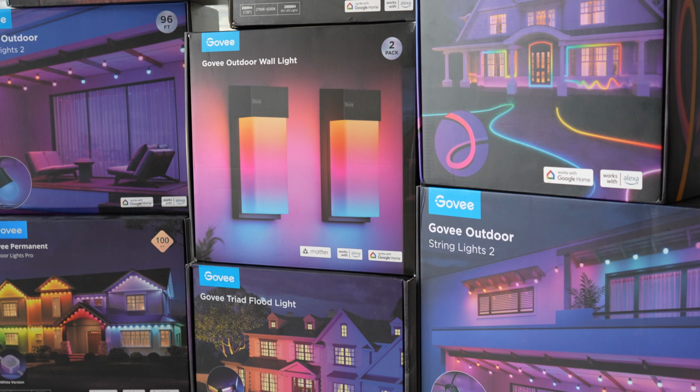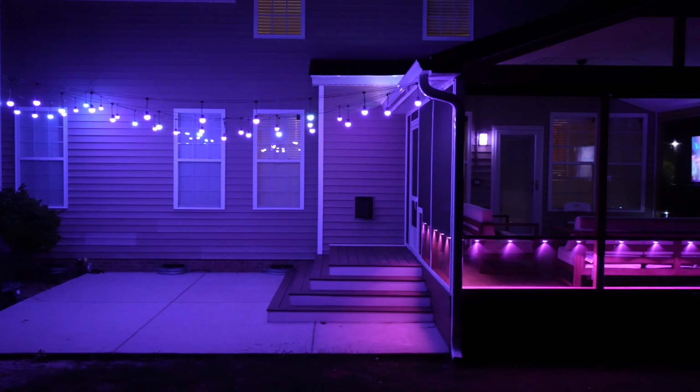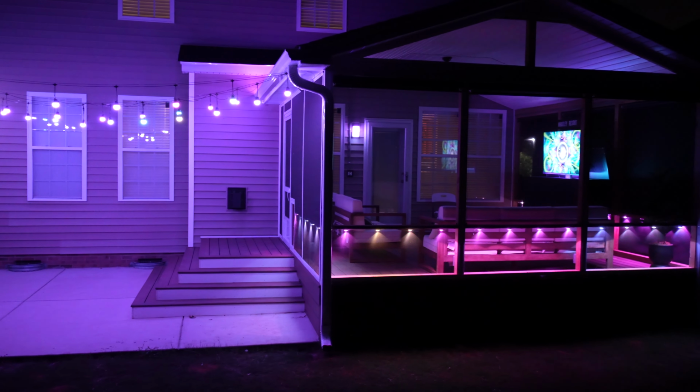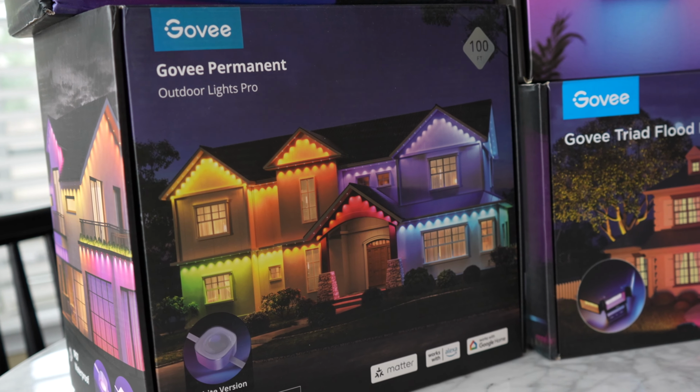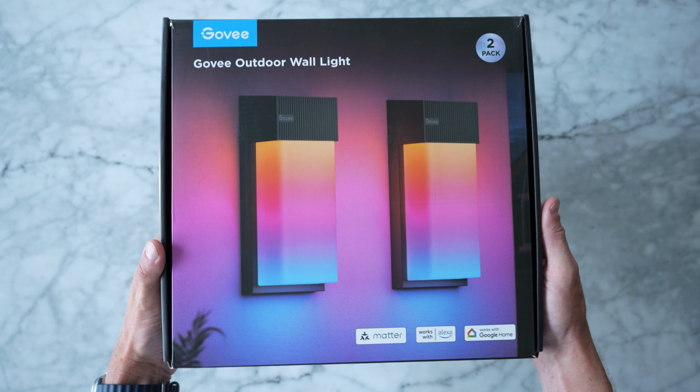Today we're going to take a look at this incredible product lineup. I'll show you some of the newer products like the outdoor wall lights and the outdoor Triad Flood Light. And I'll show you how I'm using all of these lights together to create some really nice effects and smart home automations. We have the Permanent Outdoor Lights Pro, the new Triad Floodlight, and the new Outdoor Wall Light, all